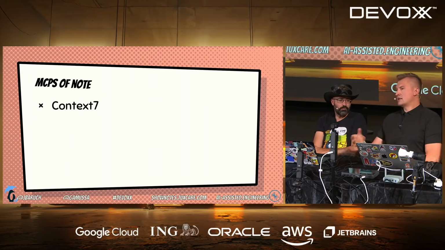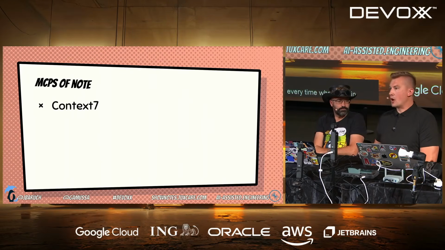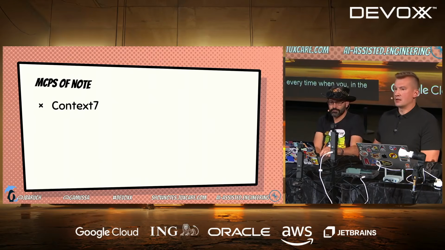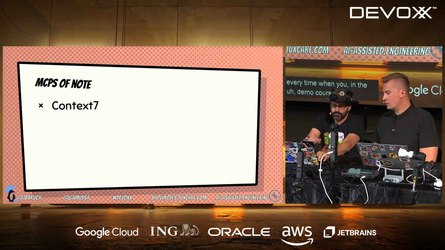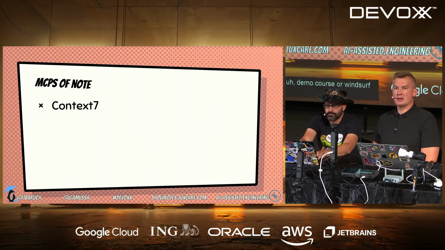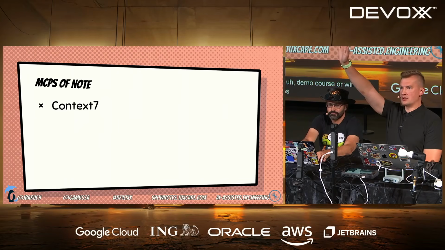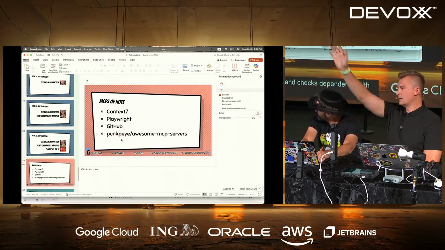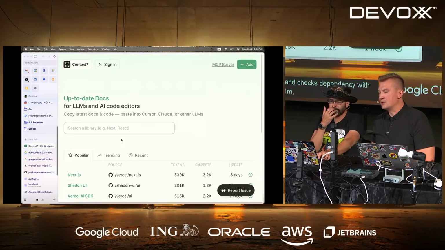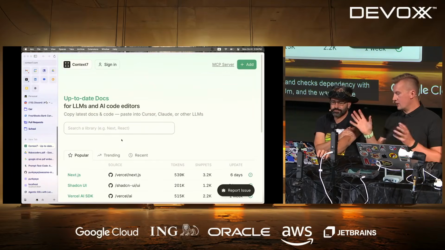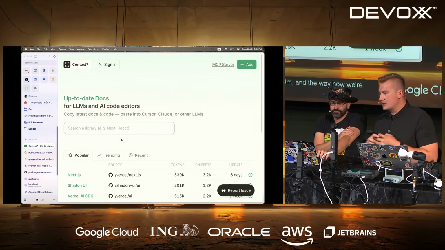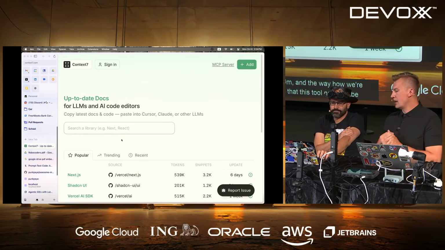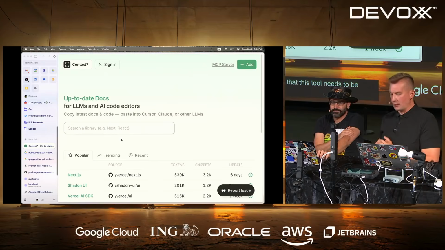Essentially, that's every time in the past when you were struggling with telling Cursor or Windsurf to not change the dependency of your libraries. Anyone seen this? When you try to fix something, it just goes back and checks the dependency with Spring Boot 2.5, for example. And the way we're putting guardrails or intentions that this tool needs to be used all the time, hopefully this will help you in the future, because it's helped enormously.